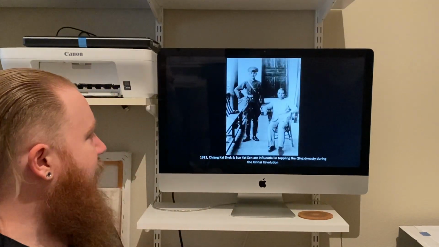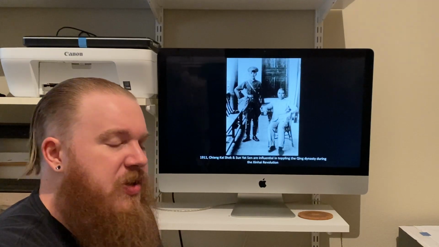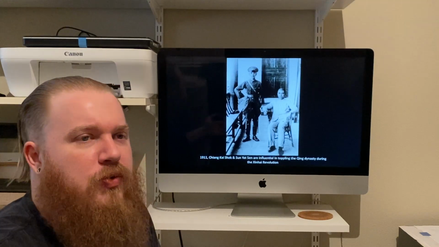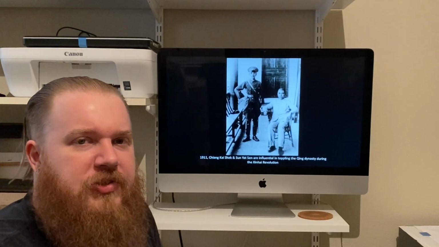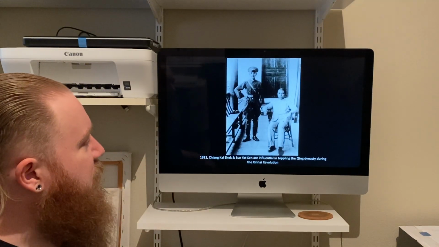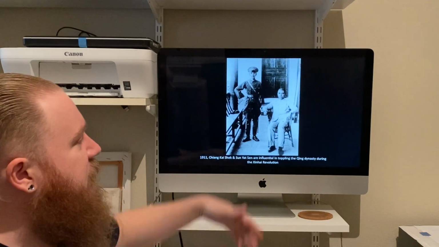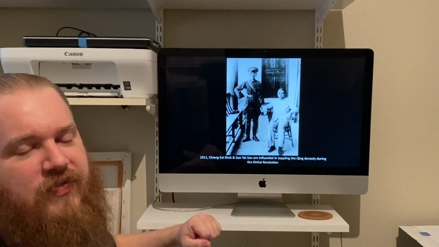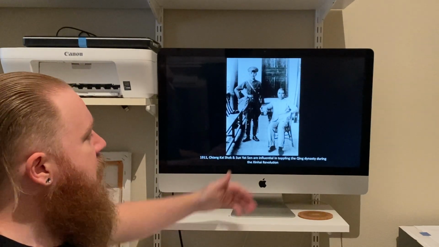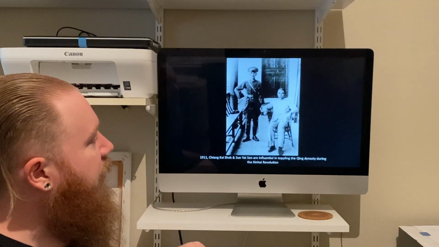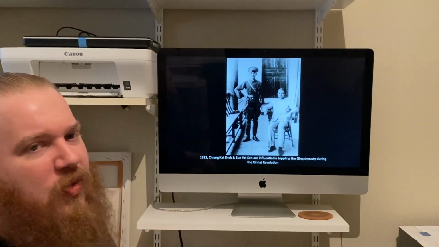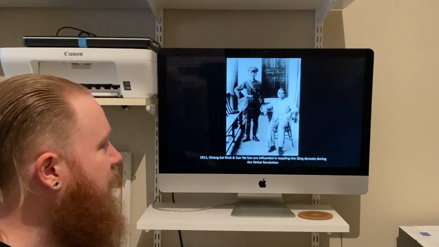However, in China, Chiang Kai-shek and Sun Yat-sen are massively influential in toppling the Qing dynasty, which overthrows 2,000 years of dynastic rule in China. So here we can see Chiang Kai-shek. He goes on to wage civil war against Mao Zedong and the communists, and later goes on to form the Republic of Taiwan, which is still in existence today. But we also have Sun Yat-sen over here. Sun Yat-sen is more of the political side of this, whereas Chiang Kai-shek is more of the army or military side as well.